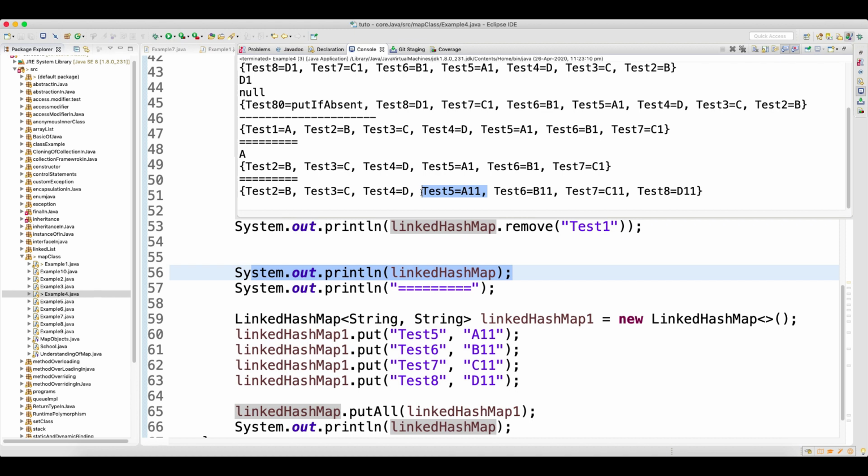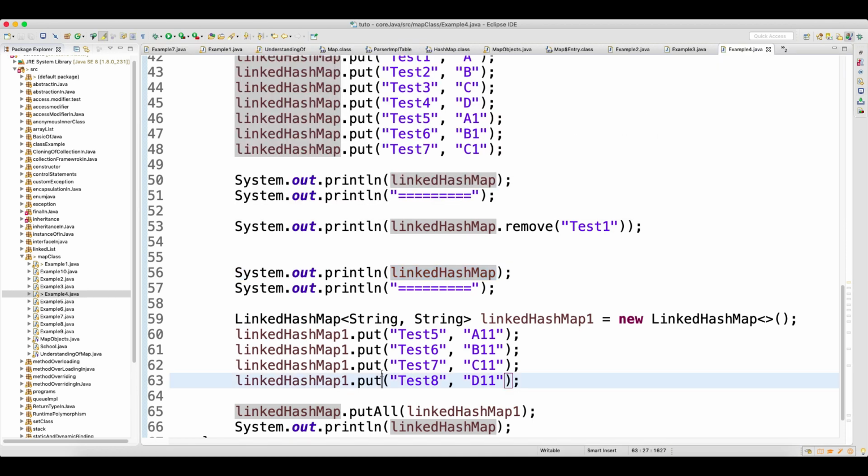The reason why it got replaced is that when you add test 5, your hash code will be the same, because it's the same string. But when you add data in the map, the override will not happen only on the basis of hash code.